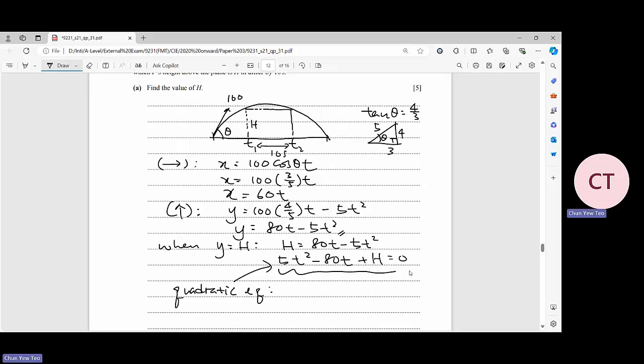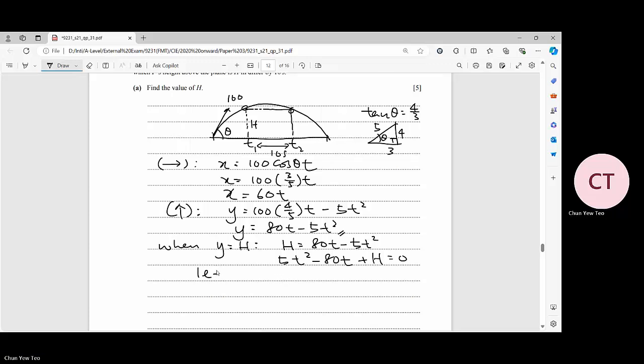So if you solve these equations, when you find the roots, your answer will be D1 and D2, right? Because these are the roots. This is the time that you reach the height of h. So your times will be D1 and D2. We should have learned in our Further Pure Maths Paper 1 that the sum of the roots,